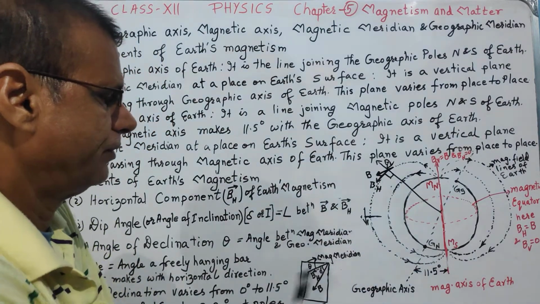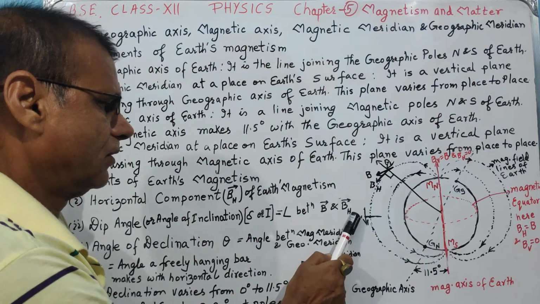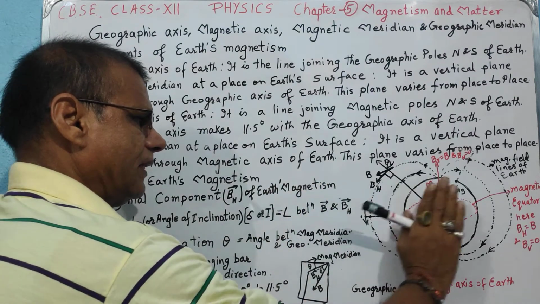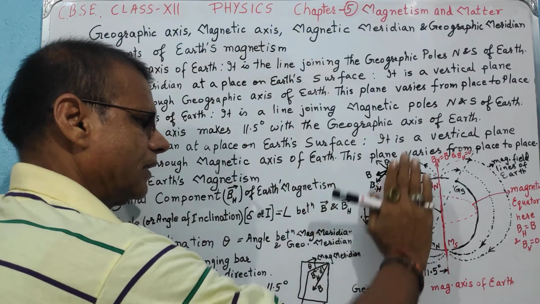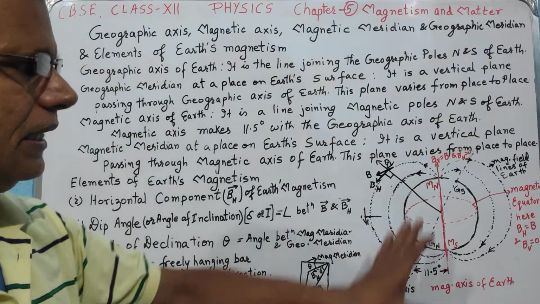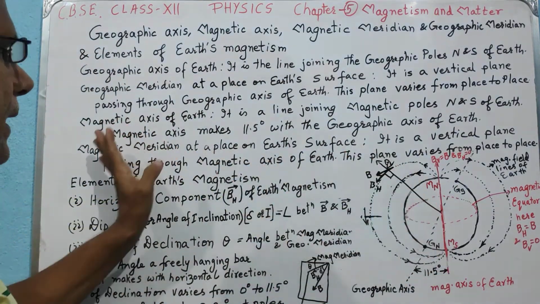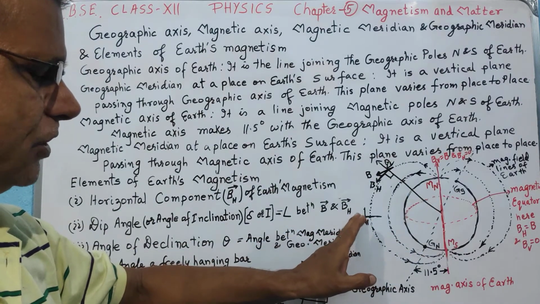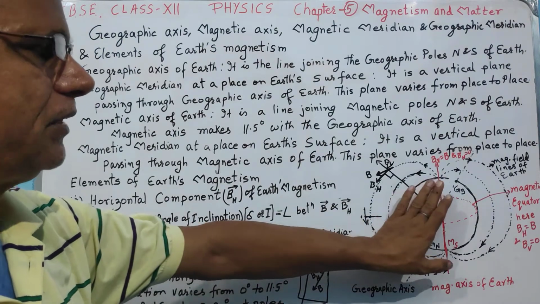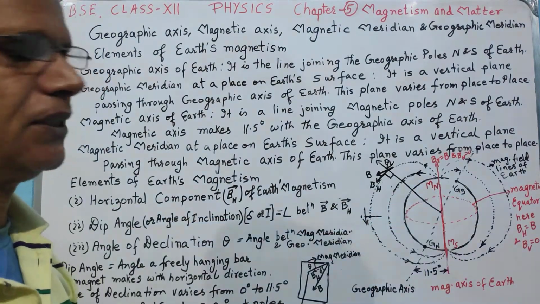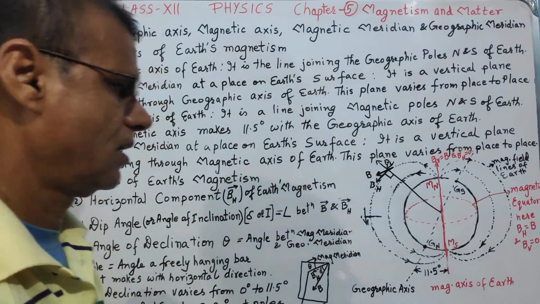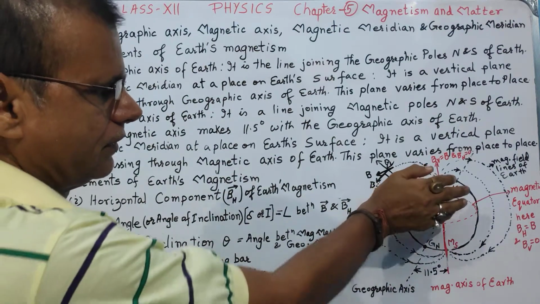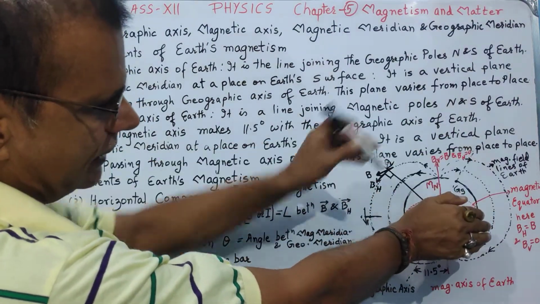So if we consider some point on this place, then the magnetic meridian and geographic meridian both lie in the plane of the whiteboard, and therefore the angle between them for this place will be 0, because both of them lie in the same plane, so the angle between those two planes is 0. But when you think in 3 dimensions,